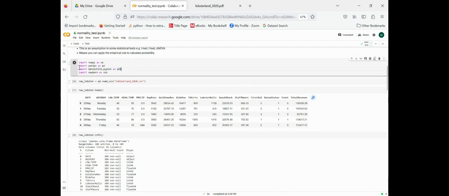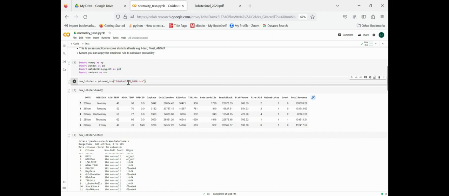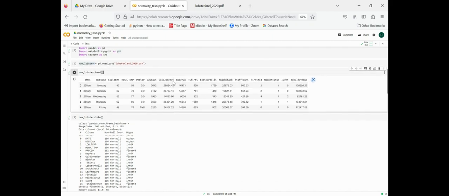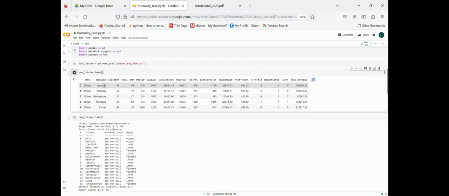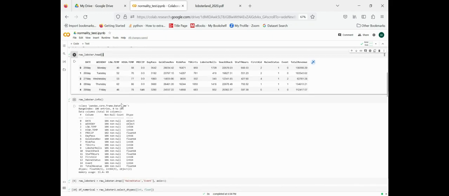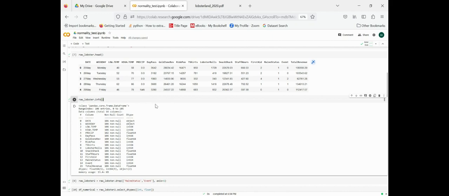So the first thing that we do is to bring in the libraries that we'll be using as part of this analysis. And then we bring in our raw data set and give it a name. In this case, we'll name it raw lobster. And then we take a sneak peek at our data set to see what we're dealing with. So the first 5 rows of our data set show that this is a data set of the daily revenue intake at LobsterLand. And then we have to check